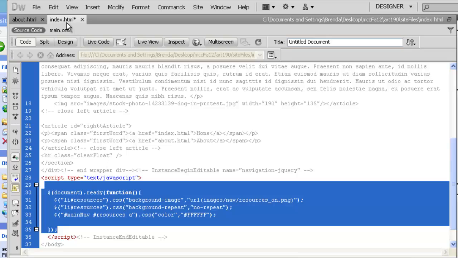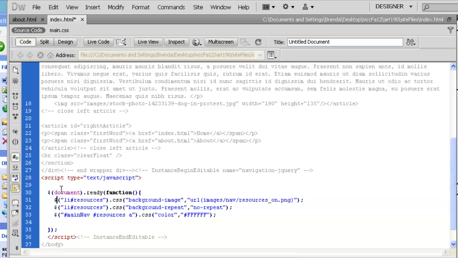So this editable region is only on the index page, and what this is saying will make more sense when we look at the site that has it on. But this line right here you will have to put in. It's saying, okay, when the document's ready, do this stuff. So you'll need this no matter what you're doing, and it's very context specific. $(document).ready(function() {